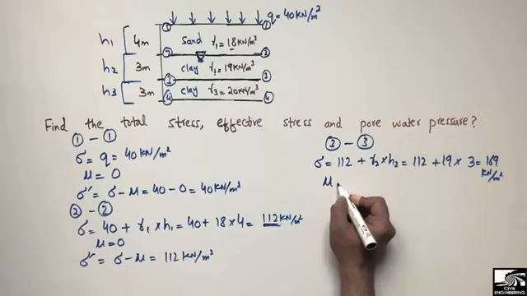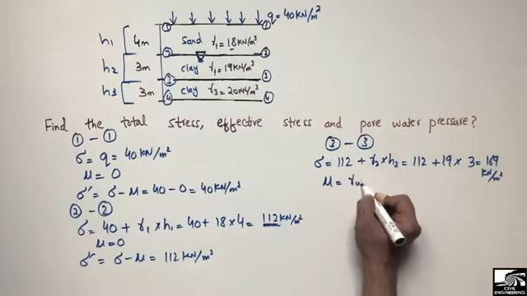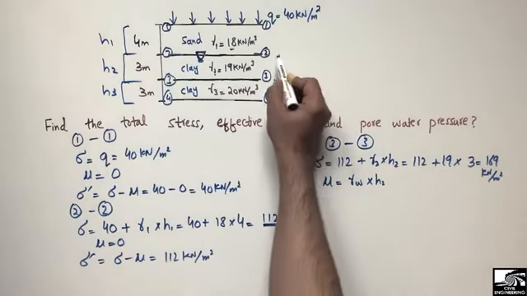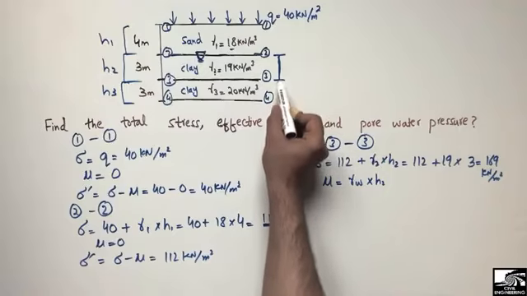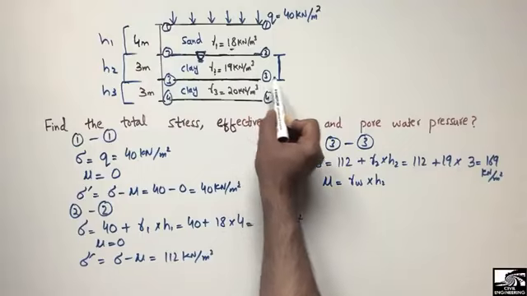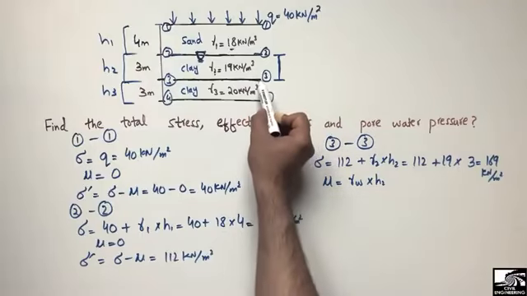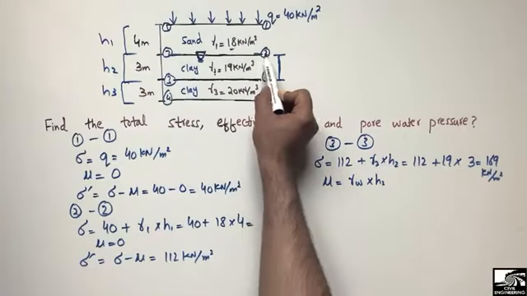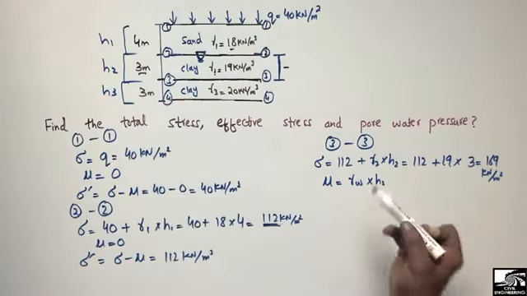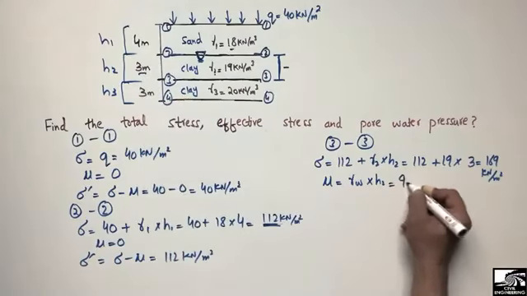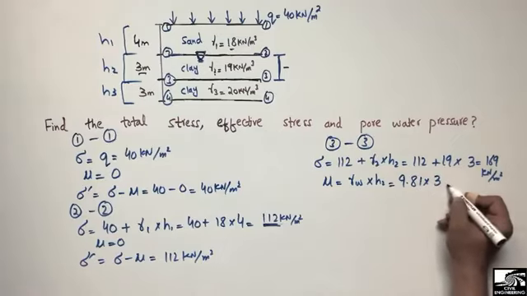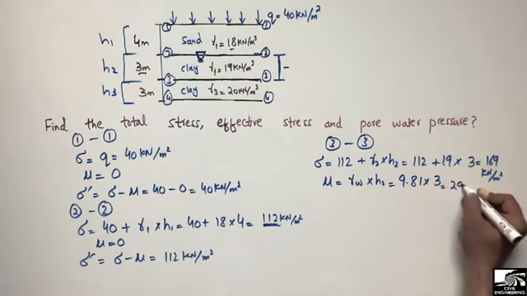How to calculate the pore water pressure here? In this case, it will be gamma water multiplied with H2. Because we want to calculate the pore water pressure at point 3, we have to take the height above point 3. The height from point 2 to point 3 is 3 meters, so we take H2. Gamma W we know is 9.81, multiplied with 3, so we got a value of 29.4